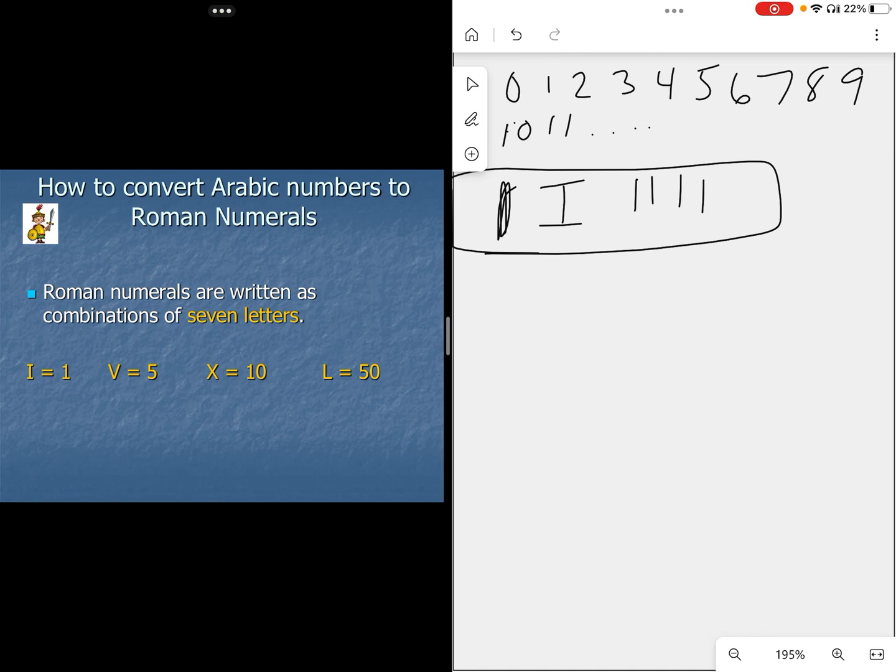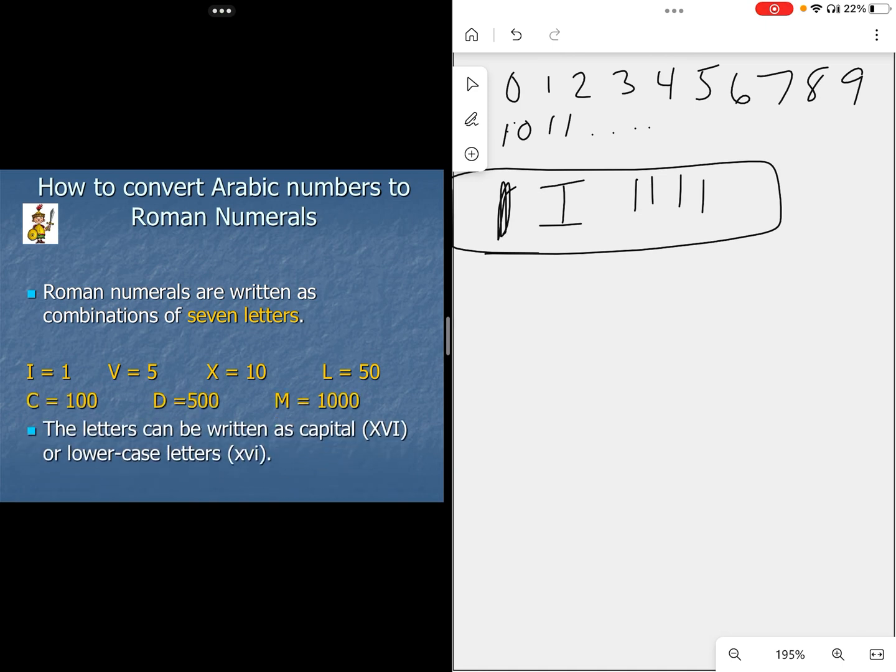Now, today, since we use two systems for numbers, Roman numerals are the ones we use less often. And so we're going to talk about how to convert Roman numerals to our Arabic system. First off, you have to understand that Roman numerals are written in 7 letters. I represents 1, V 5, X 10, L 50, C 100, D 500,